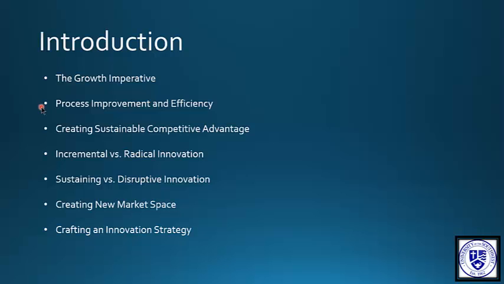And we'll provide, throughout the course, examples of companies that have brought about disruptive innovations by offering new products or services that completely changed the market and created new market space and almost eliminated competition overnight. And we'll also look at examples of companies that have created a sustainable competitive advantage through improving their own processes. Toyota is a great example of this. Toyota has focused on what we refer to as just-in-time manufacturing, being able to improve their manufacturing processes